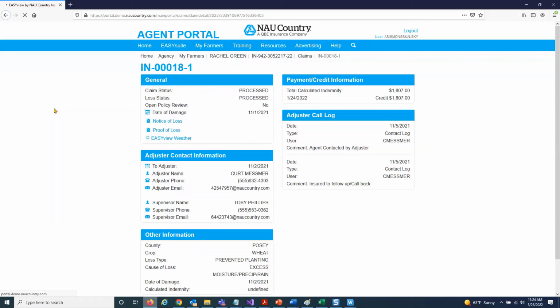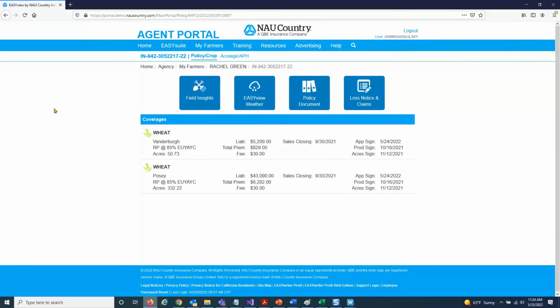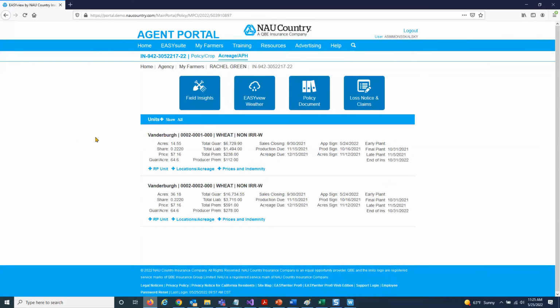You do just have to go down to the unit level to locate this tool, so it hides a little bit. Sometimes we hear, oh, I didn't realize this was here, but of course, some of you use it all the time. Here I'm inside of a policy, and again, I have to choose my coverage. Then the units are going to drop down for me here, and then it's here that you've got prices and indemnity. If I click that little plus sign,